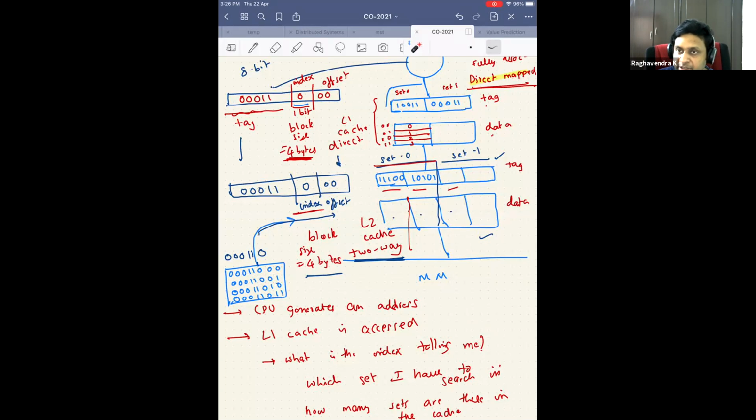So now the replacement happens. You remove this block. You may either write it back to the main memory or not. Let's not worry about it. If you remove the block, you will have to write it back to the main memory in certain cases, but as of now, we will not worry about it. So you remove this block, which means that you reset this tag, you remove the data, and then you say, okay, now I am keeping this block.